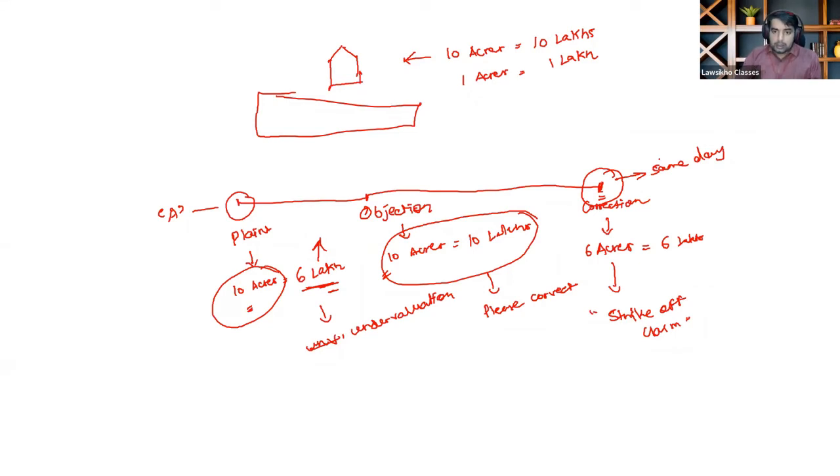ठीक है. अब देखो, ये तो एक तरीका है, this is one way of doing a correction. आप क्या कर रहे हो, आप एक क्लेम जो मेन क्लेम है आपका उसको कम कर रहे हो, जिस तरह आपको कोर्ट फीस कम भरनी पड़े, आप क्लेम स्ट्राइक ऑफ कर रहे हो. There is other way of doing it. Other way of doing it is that, see, suppose आप पहले बार कोर्ट पे गए,